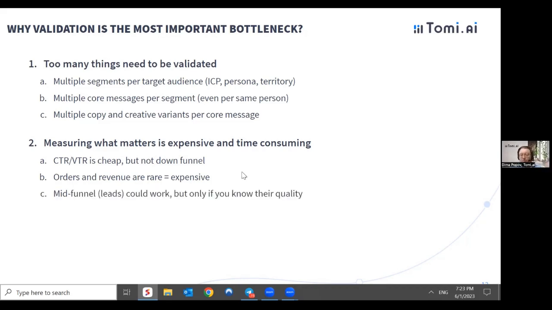Like, you are measuring the right thing, but your ability to test is limited because you don't have an infinite budget and you don't have infinite time. And mid-funnel leads could work as a good compromise between a top funnel metric like click-through rate and a bottom funnel metric like revenue, but only if you have the capacity to measure the quality of those leads, or if you're in e-commerce,